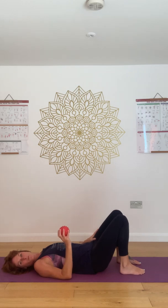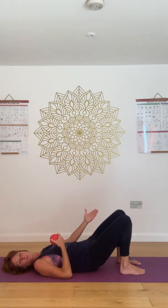You need one soft massage ball. Have the back of the head on the floor with the back of the neck long. Knees pointing up towards the ceiling, heels relatively close in towards the bottom, feet hip width apart. Softly curl the pubic bone under so that you can gently press into the feet with the knees reaching forward